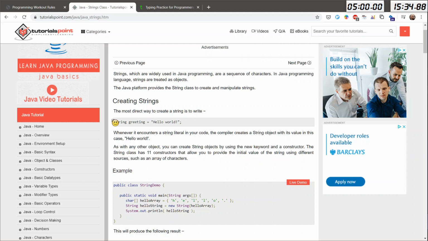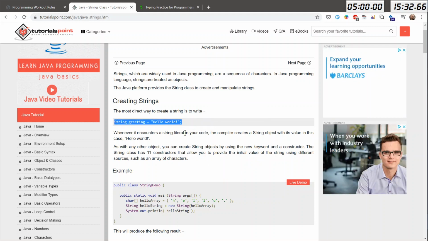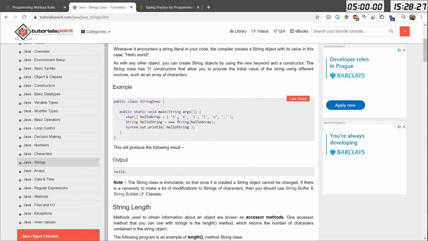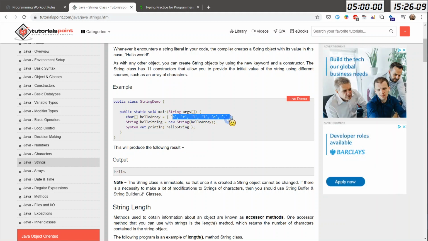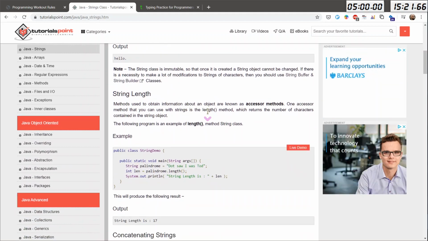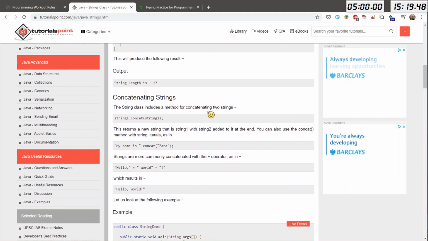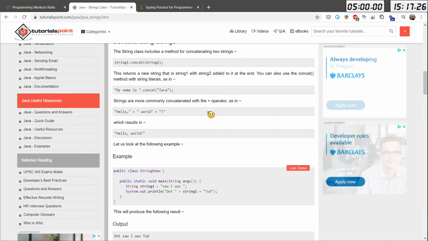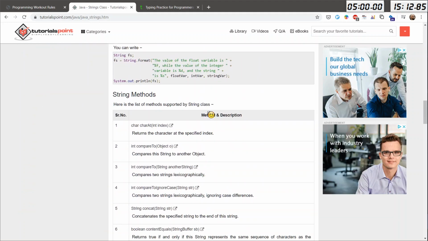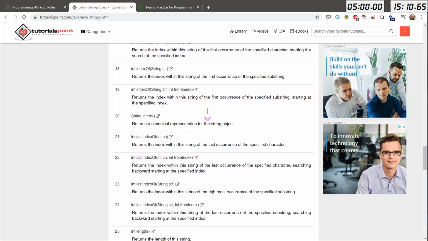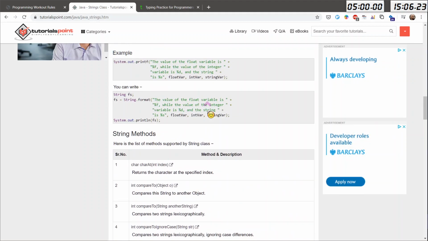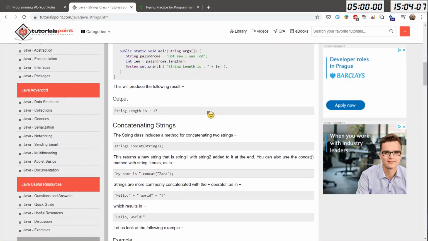Strings. So here is how to initialize it. There is an initialization with the string char. Sure. Oh, string length. Okay, so string length, concatenating strings, and creating format strings. And there are other things we can try. Okay, so the length is